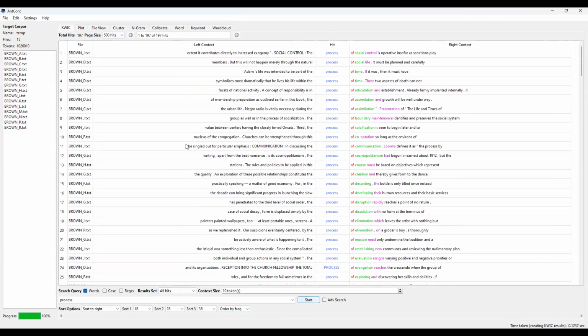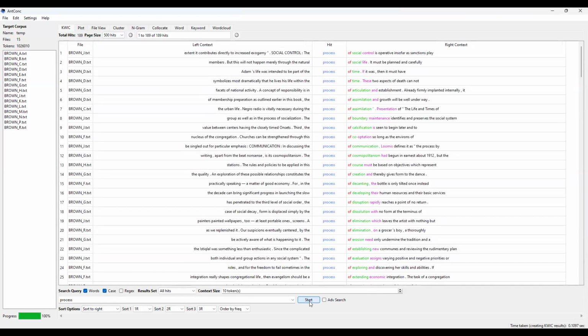And 320 is going to drop down to 197 right here. So now we're just looking for the word process. And we see process, process, process, process. Oh, look, all capital letters, but it doesn't matter because we did not select case. So if I selected case here and redid the search, my 197 would become 189. So it tells me there's about 8 words out there where at least one letter is capitalized, in